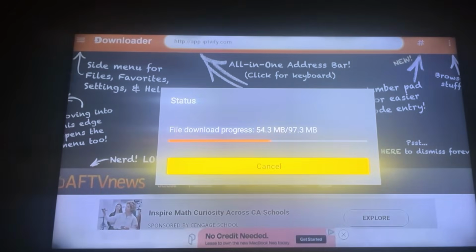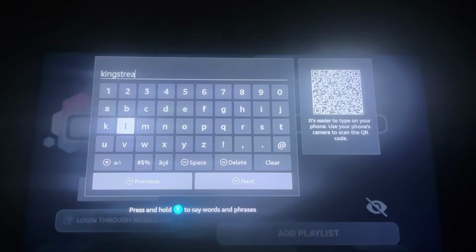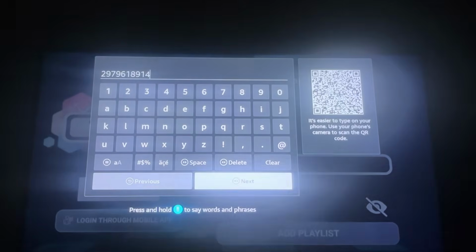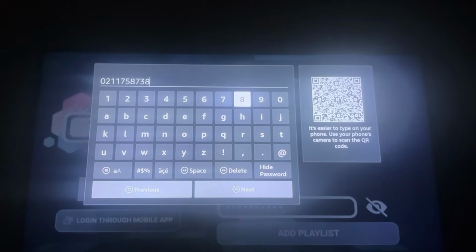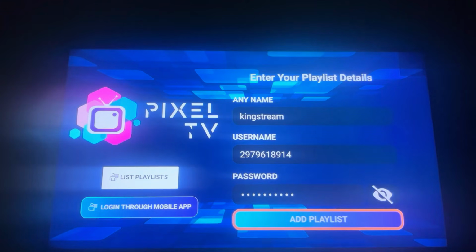Enter any name, Kingstream. Enter username 29796189114. Enter password 2117587838. The application should already be set up correctly on your device. Click the Enter button. Now we are ready to access the free login, select Next, and move down to the